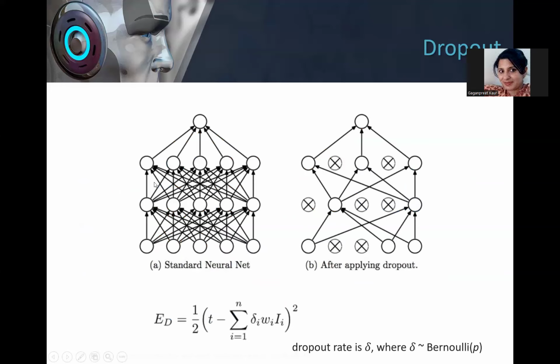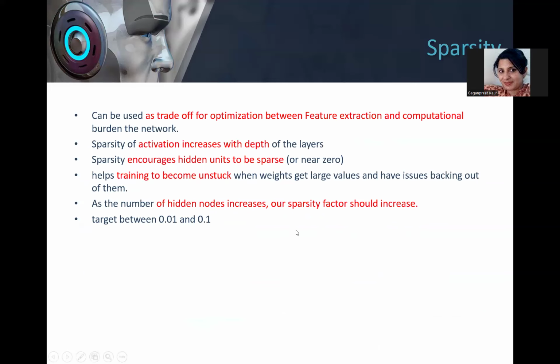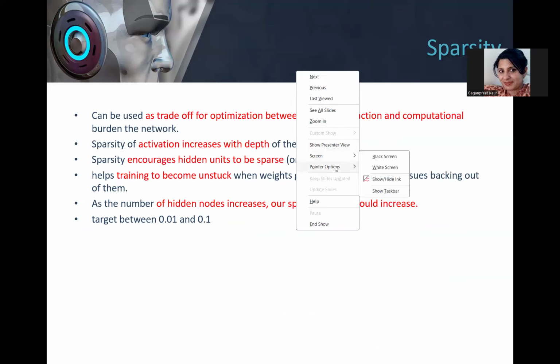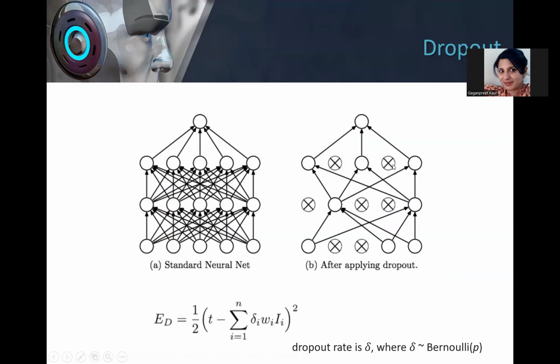So this is a graphical view of what we are saying. This is a fully connected network. When I applied dropout, I have dropped the neurons. Like I said, the alternate ones, these crossed ones, I have just dropped. Going back to the previous slide, I've dropped these crossed ones, so obviously my computational complexity is decreased.